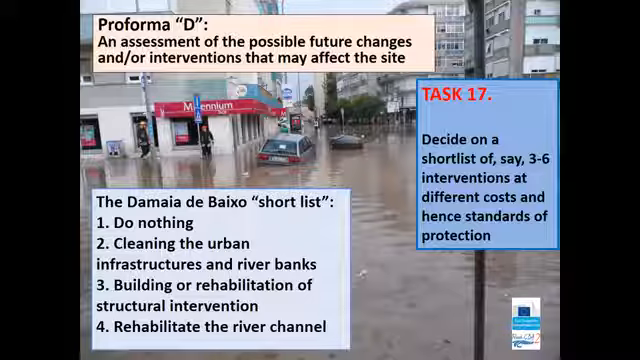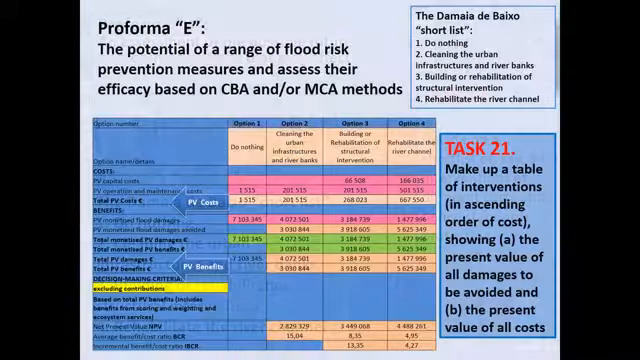Or fourthly, rehabilitating the river channel into a more natural form. That's the short list of interventions being proposed for Amadora. And here is again the kind of spreadsheet we saw for the Oxford scheme in tutorial 3.1. There we have the present value of costs of something like